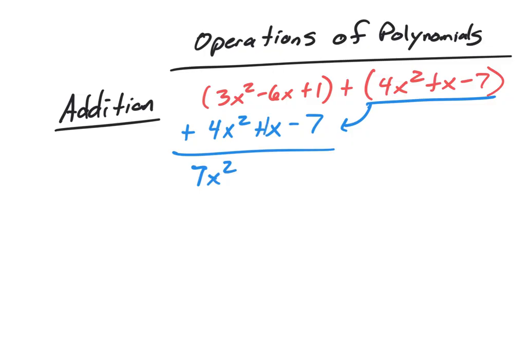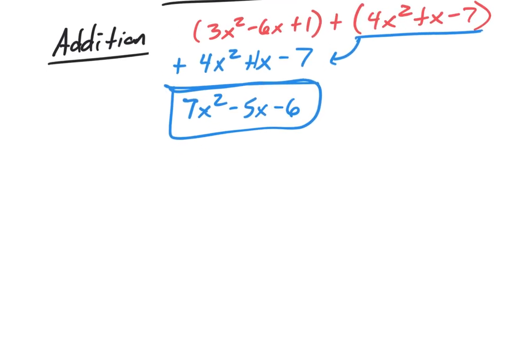Negative 6 plus 1 would be negative 5x. And 1 plus negative 7 would be negative 6. And that's our answer. Okay. Addition's pretty straightforward. We're going to combine everything that can be combined and put them together. If I did another one where, let's say,